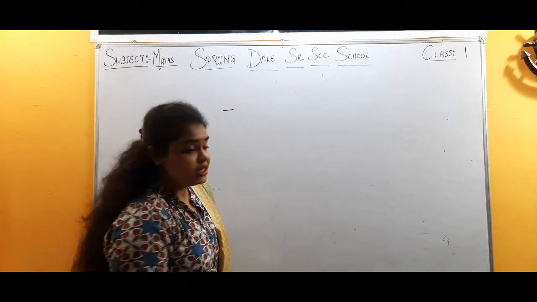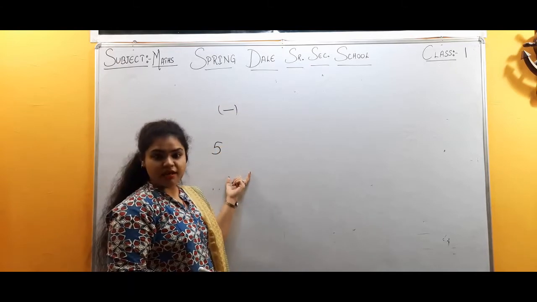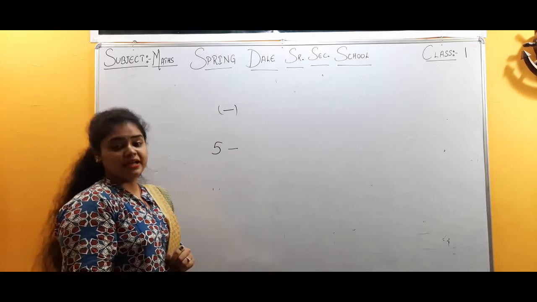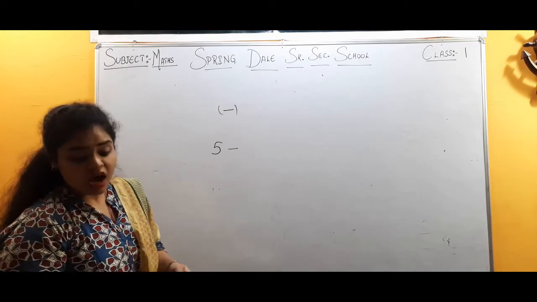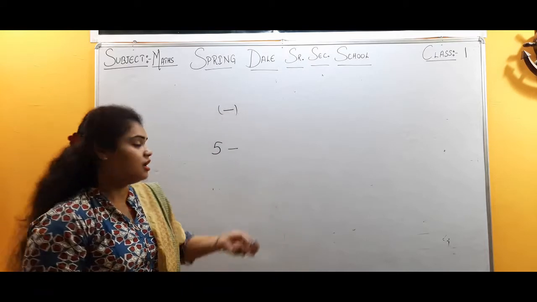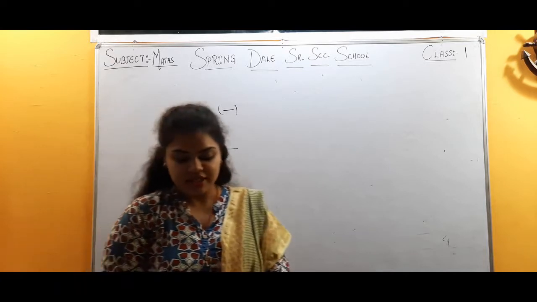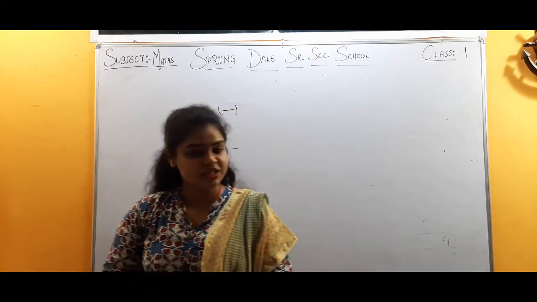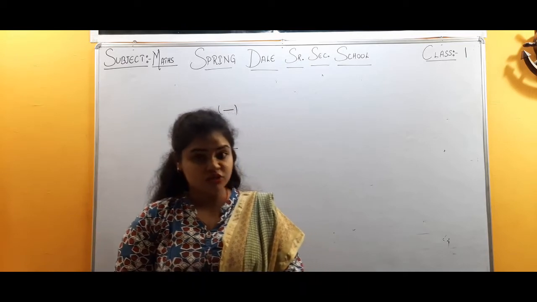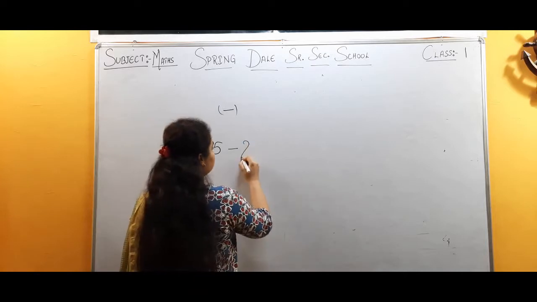Here are the bananas we have. 5 bananas in a basket. Here, which sign will come? The minus sign, because the question is saying how many bananas are left in the basket. कितने बचे हैं? तो हम क्या करेंगे? माइनस करेंगे. Now in the question there is one girl. एक गर्ल है आपके जैसी. She took 2 bananas. She was hungry, so what did she do? She took the 2 bananas from the basket.